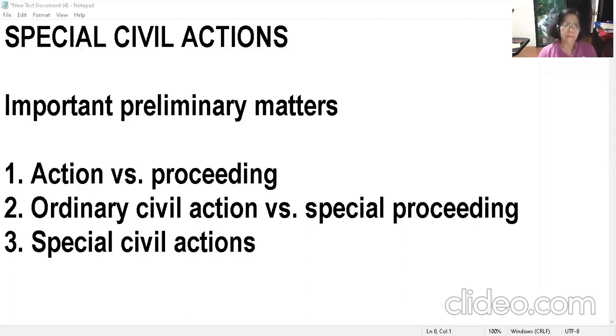Kaya lang, dito, pag walang nakaspecify kung saan ipa-file yung case, you go to BP 129, the rules on the jurisdiction. Kaya lang may mga rules ang special civil actions indicating that certain cases can only be filed in certain courts, meaning jurisdiction, or also in certain venues. For example, a forcible entry and unlawful detainer case. That is to be filed only with the first level courts, the municipal or the metropolitan trial courts, regardless of